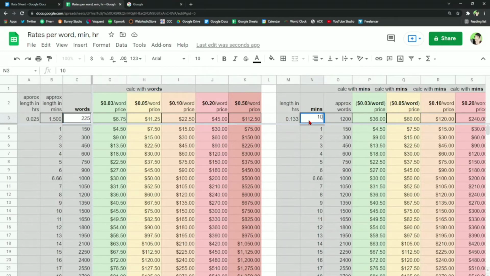Okay, 10-minute script. How long is that? How many words is that? That's 1,500. So he said scripts might take 10 minutes in length. And I said, okay, so that's my 3 cents a word price range. Or really, it's in my higher price range, but this is sort of an indie client. So I put in 1,500. I mean, it's the same stuff over here, but this is just for easy. Okay, 1,500. It takes 10 minutes.